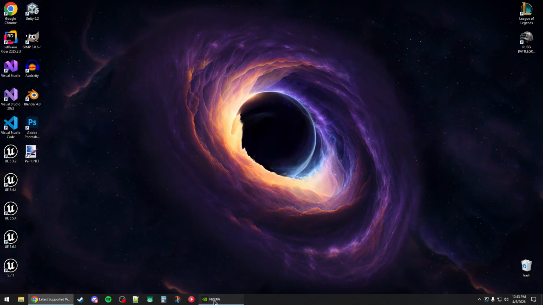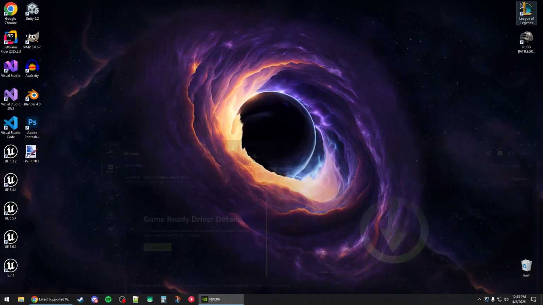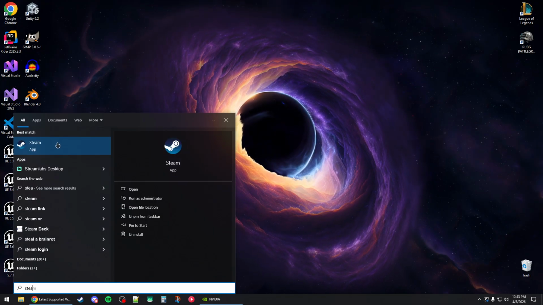Now, right after the restart, you will also need to check if you have the latest graphic card driver updates installed. So for NVIDIA, you can use the NVIDIA app, and for AMD, you can use the AMD software, and then go to the drivers section and just check for updates and make sure to download and install the latest one available. Once you're done, all you need to do is open up Steam as admin, right click on Steam